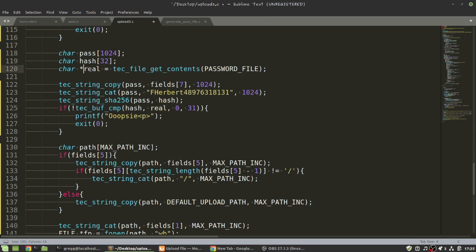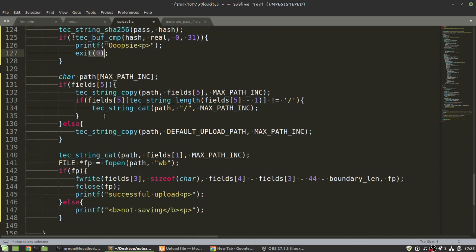So it just compares hash with the password that's in the password file. So you have real here, that's the actual password in the password file. It compares, and if they're not identical, then it just prints out oopsie and it exits. If they are the same,